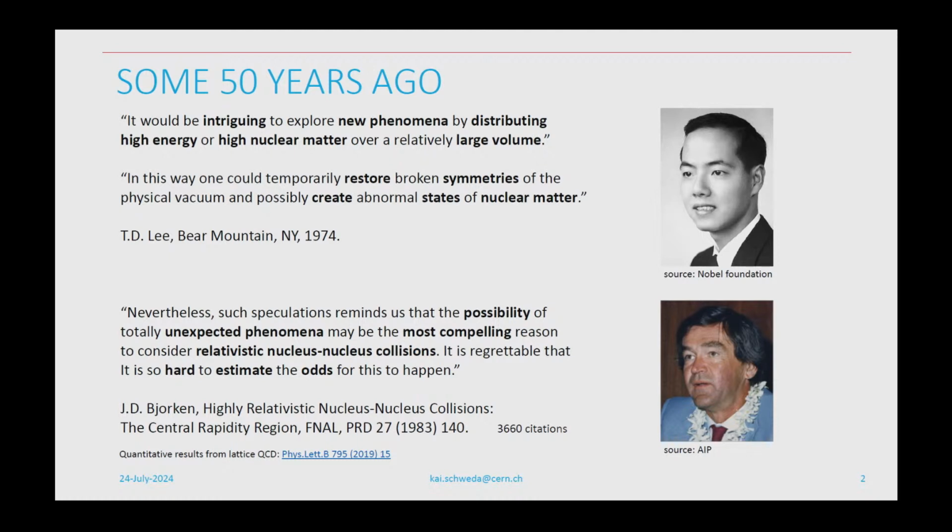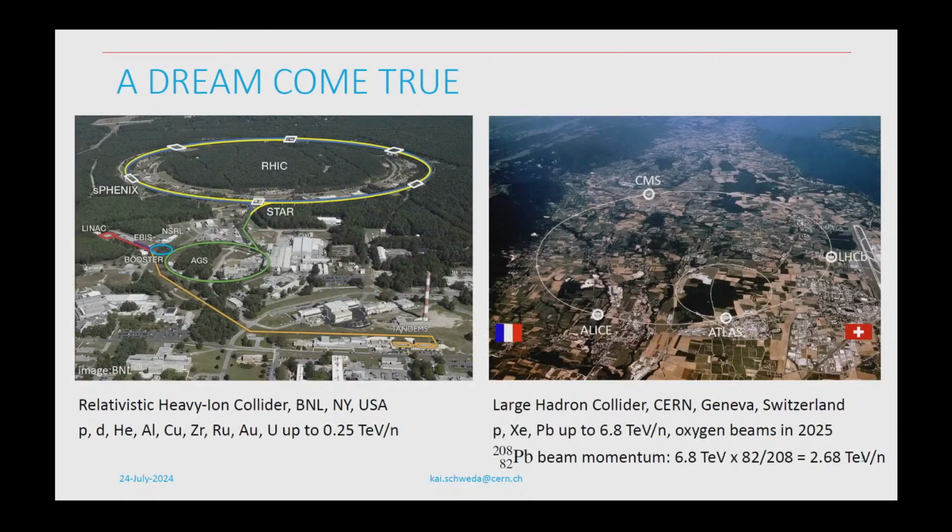And today we have precise temperature calculations from lattice QCD on the transition from hadrons to quarks and gluons and on the chiral transition. And this meeting, which was happening almost exactly 50 years ago, is considered as the starting point which ignited what is today a worldwide experimental program with 2 colliders. These are the only 2 heavy ion colliders in the world. It's the Relativistic Heavy Ion Collider at Brookhaven Lab in the US, and of course the Large Hadron Collider,